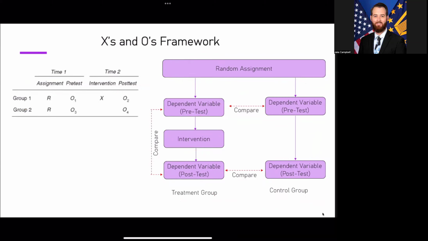Later in the class, we're going to talk about this idea of the X's and O's framework. The X's and O's framework is really just a simple way, a summary view, if you want to call it, of creating something like the diagram on the right, but a more simple version that looks something like what's on the left, right? So what you can see here is we have two groups. We consider this group 1, we consider this group 2,